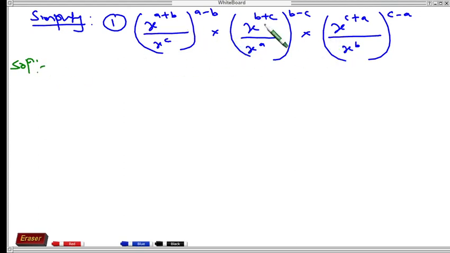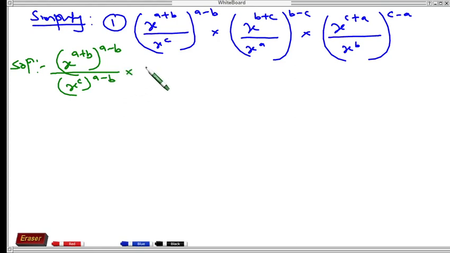This occupied more space, so I will not copy it again; I will go directly to the solution, dear students. In this case we have to simplify the numerator and denominator at first. That will be easier. So the upper one is x to the power a plus b, times a minus b, over x to the power c, to the power a minus b, times x to the power b plus c, times b minus c,